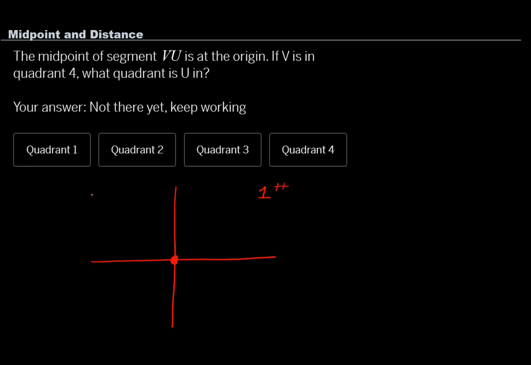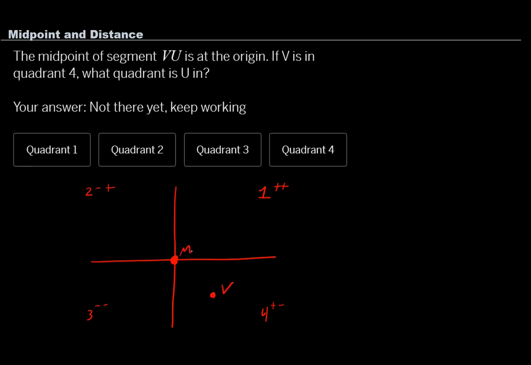Quadrant 2 is where your x's become negative, but you're still positive. Quadrant 3 is where everything is negative. And quadrant 4 is where your x is positive, but your y values are negative. So that's the order. So V is in quadrant 4,